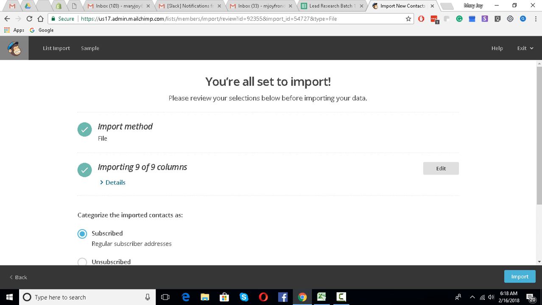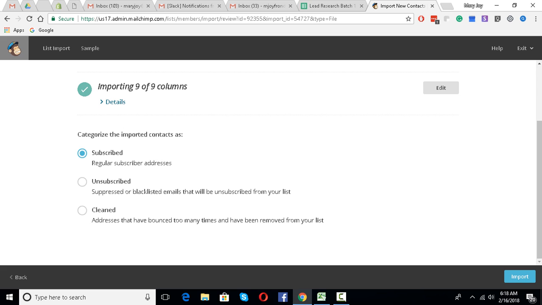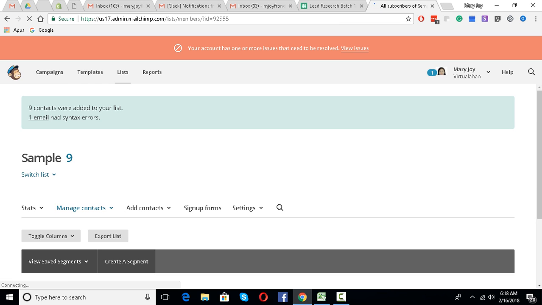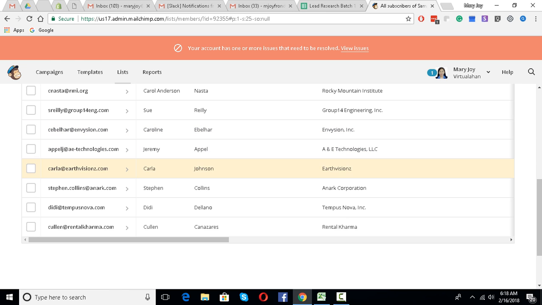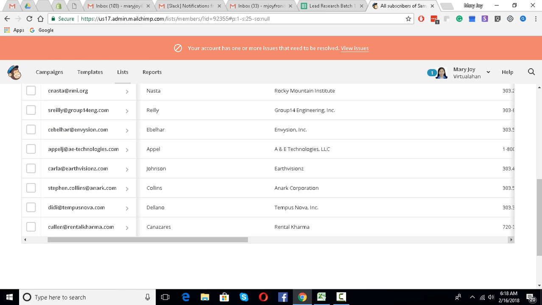Okay, we are importing 9 of 9 columns, and then import the contacts.